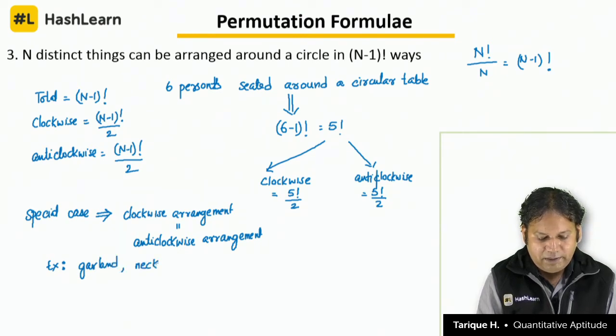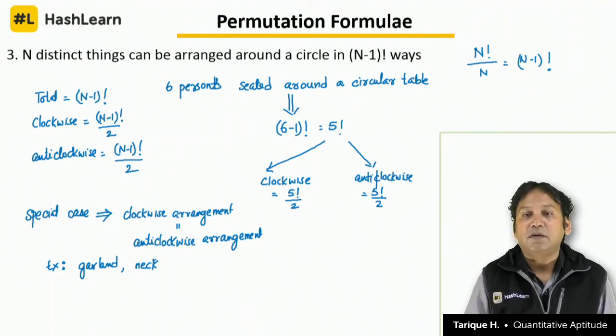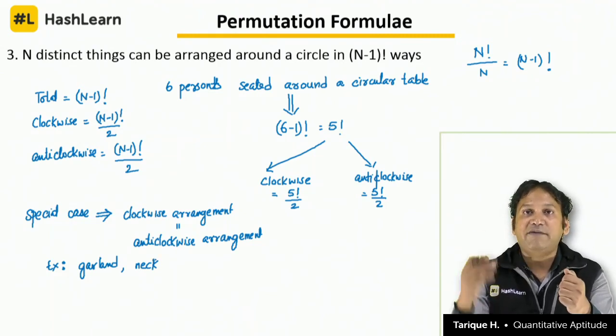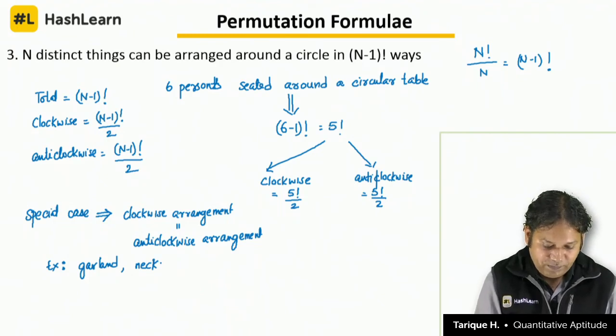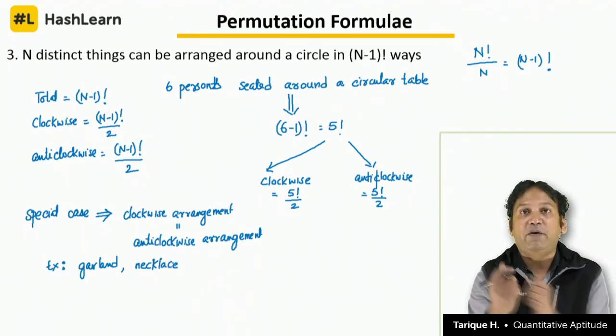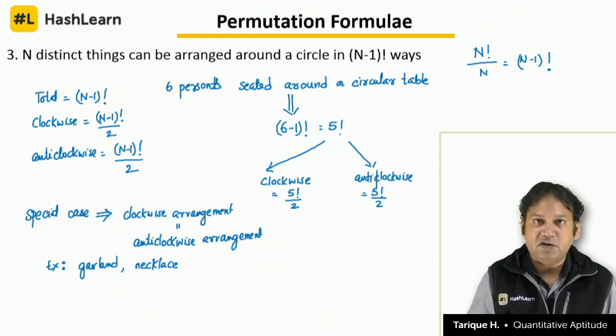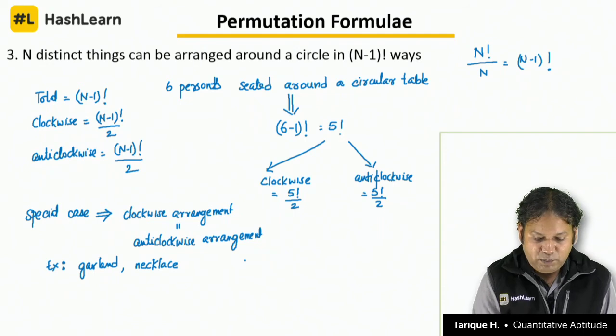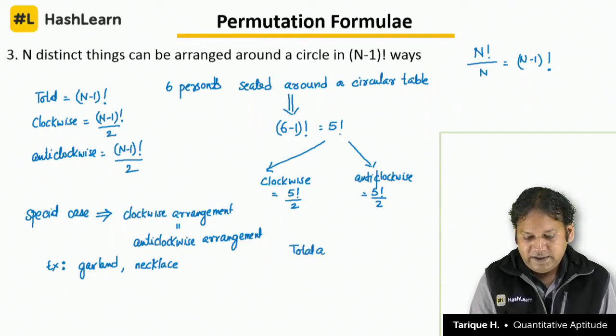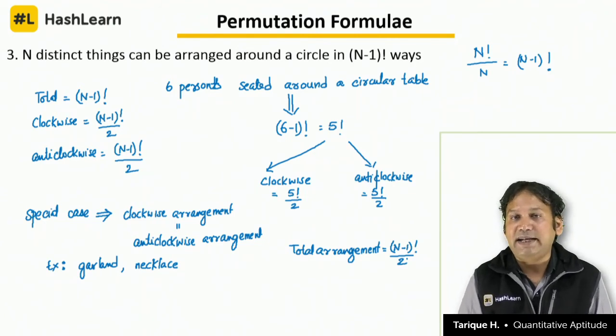Now, these can be seen from both sides. So, suppose I am holding a garland like this, what is clockwise for me would be anti-clockwise for you. So, that is what we mean by we can flip it over, the garland can be flipped over. So, anti-clockwise and clockwise become the same in the case of a garland or necklace. So, in this special case, the total arrangement itself becomes equal to n minus 1 factorial by 2, and we do not talk here in terms of clockwise and anti-clockwise because both